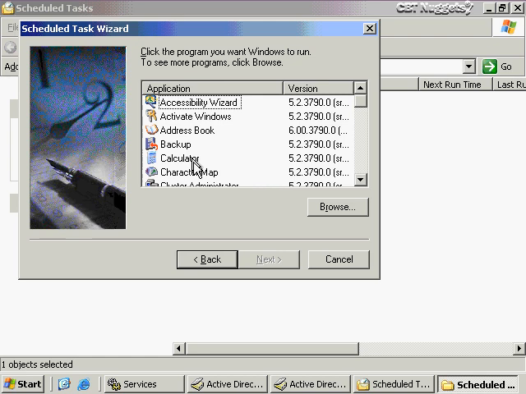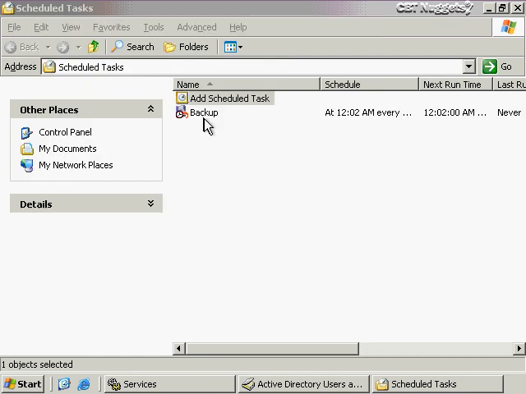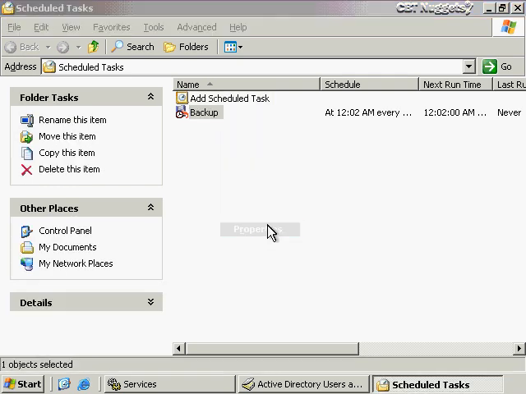Now one thing again to be careful of here is that if this password ever does get changed, maybe you feel that it could have been compromised or something like that, if you've changed it in Active Directory, don't forget to go back into the scheduled task to change it again. So when we click this task and finish it, then if we need to change that password for this backup task, you can either double-click on it or right-click on it and choose Properties like I just did.